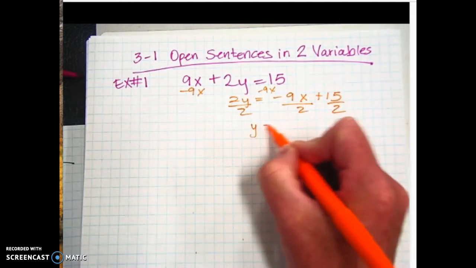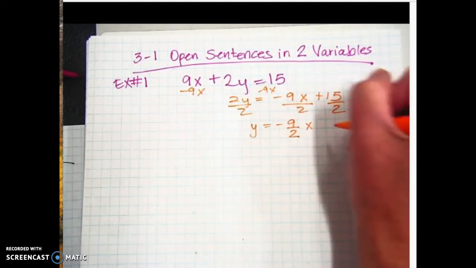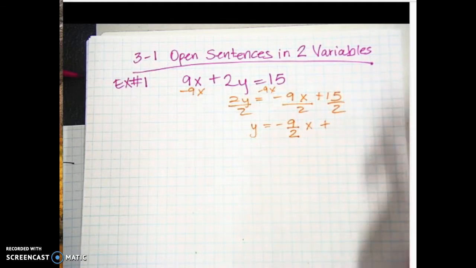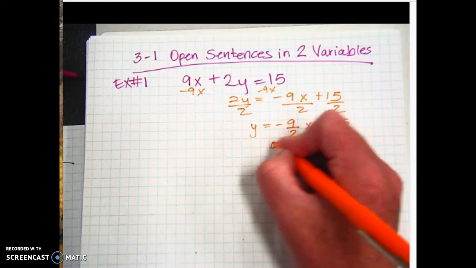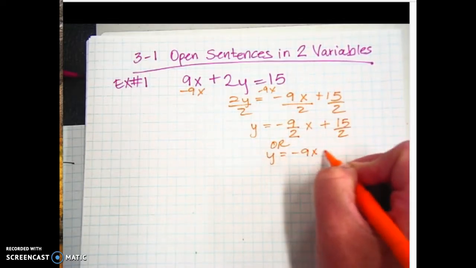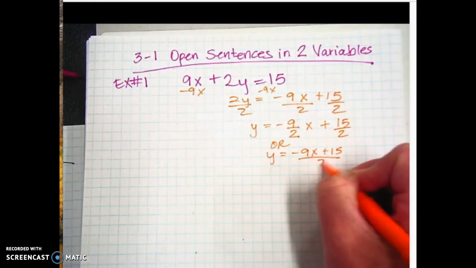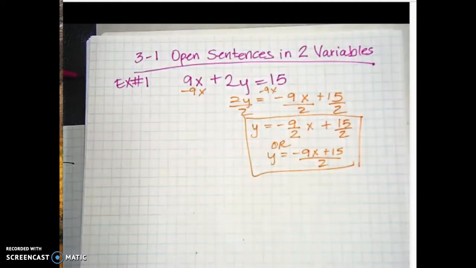So you get y equals negative 9 halves x plus, let's just leave it as a fraction, 15 over 2. Or you can write y equals negative 9x plus 15 over 2. Either of these is fine. It just depends really what you're using it for. Okay, if you're using it for graphing, or if you're just using it for plugging numbers in, or if they're asking you to like list